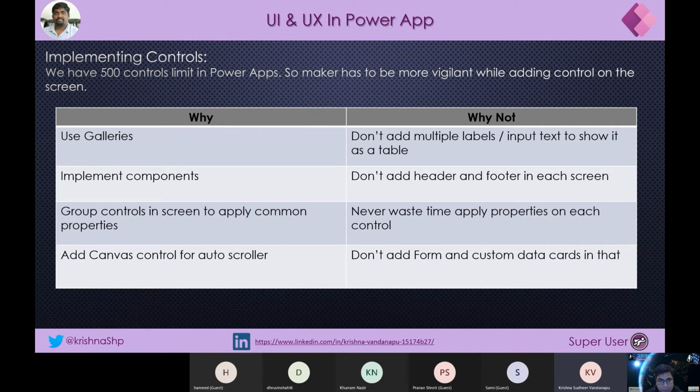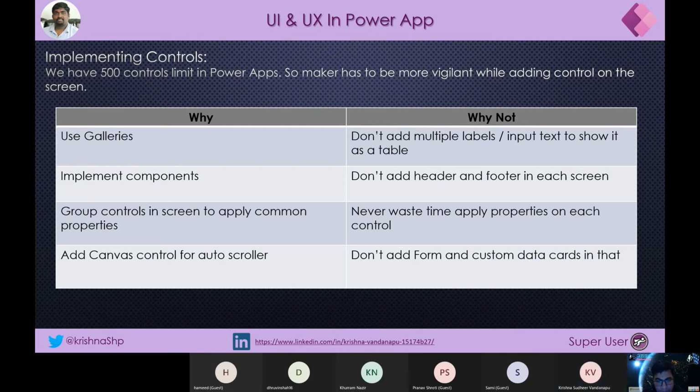Rather than doing that, implement it as a gallery and use one label, relying on the gallery's behavior. As we all know, it will automatically iterate the data with a single or multiple labels as per the number of columns we need.